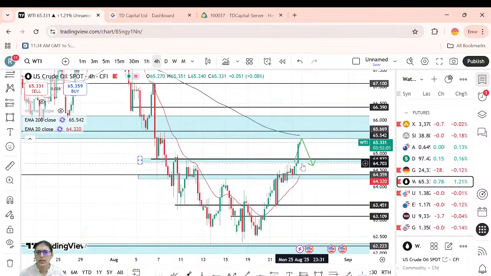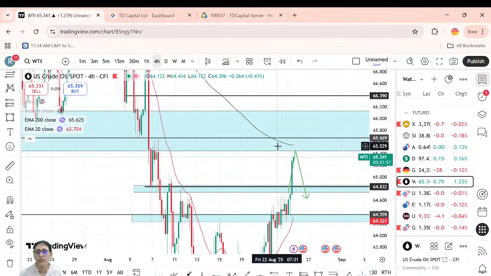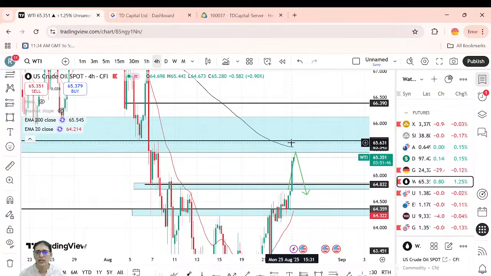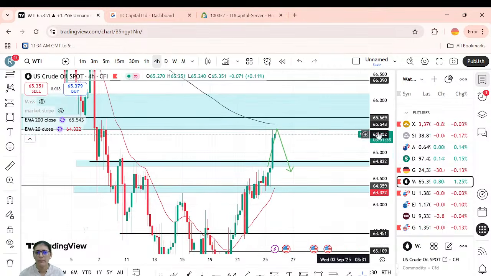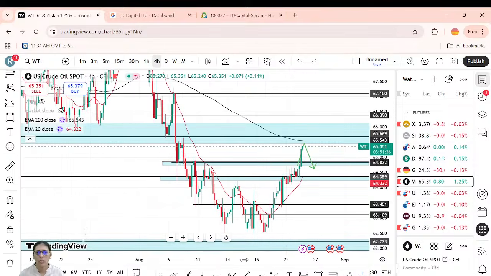So this is our setup. If price gives us an entry somewhere here, it is a big time frame, because if you make an entry here and you sell here, your SL will be too big. Your SL will have to be somewhere here at least. So try to make your entry as close as possible to your SL, so that your SL is very small and you're able to risk. Don't enter midway. All right.